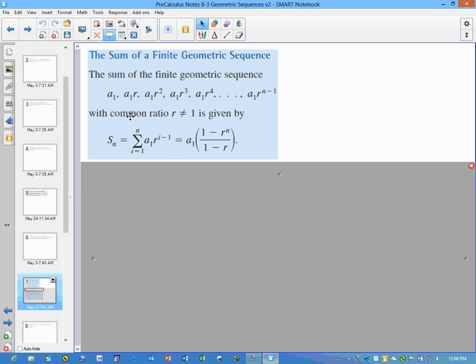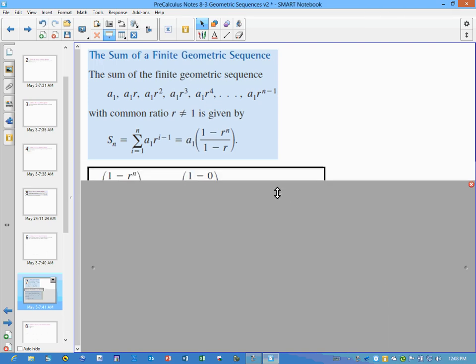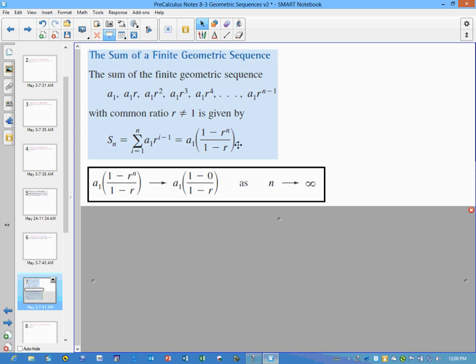And again, we'll see the derivation of this later. For right now, we're just going to use the formula. But starting with this formula, I do want to investigate what happens here as n gets larger and larger. So here we have a finite geometric sequence, but I want you to consider the following: that this expression here is going to approach, remember, since r is a value smaller than 1, r is a fraction, then